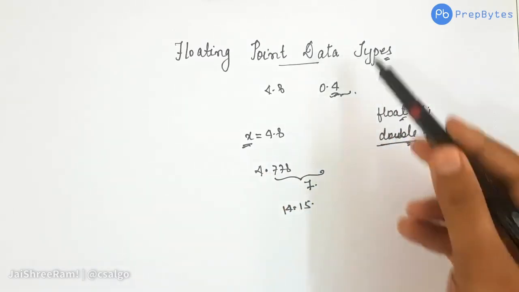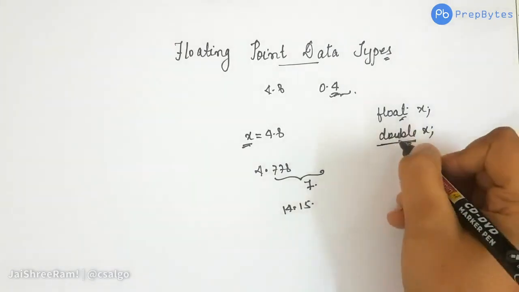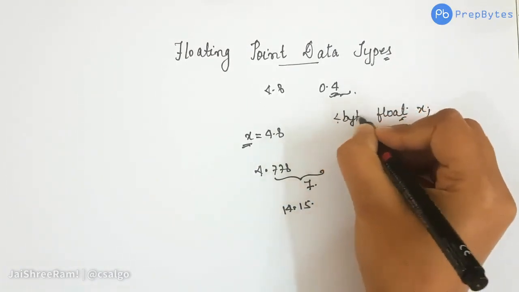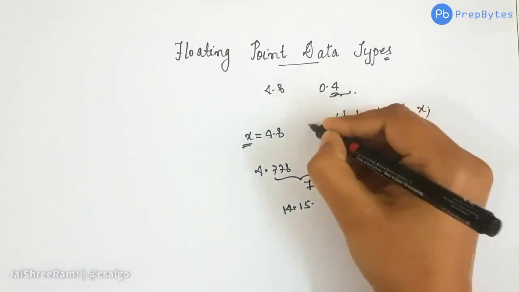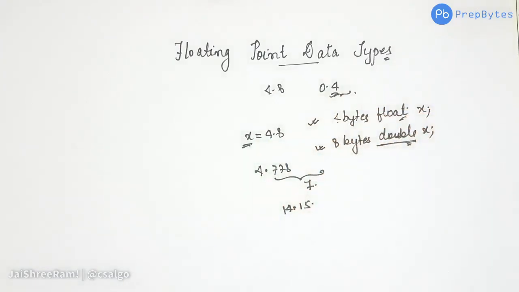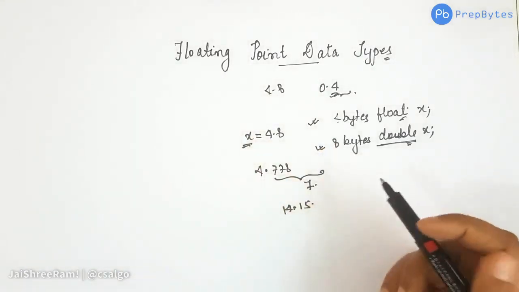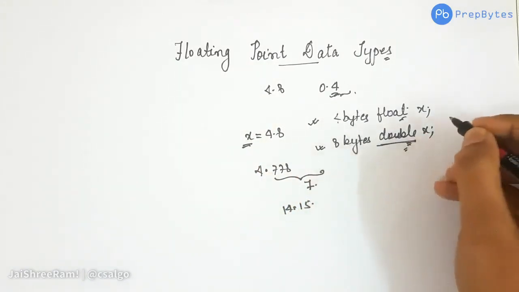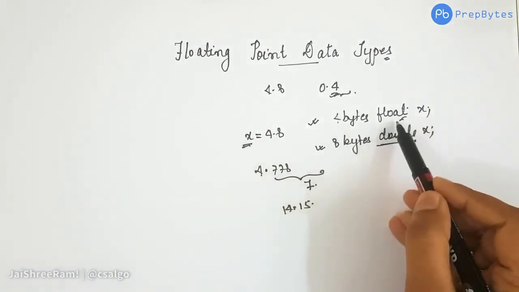So these are two data types that we have. Talking about the size of float and double, generally double is, as I said, double the size of float. So let's say float is 4 bytes, then double will be 8 bytes. Generally float is 4 bytes and double is 8 bytes. So this is what float is all about. Repeating it, we use float to store real numbers, the numbers which generally have a decimal point, and double has double precision, or double the number of digits after the decimal point, in comparison to float.